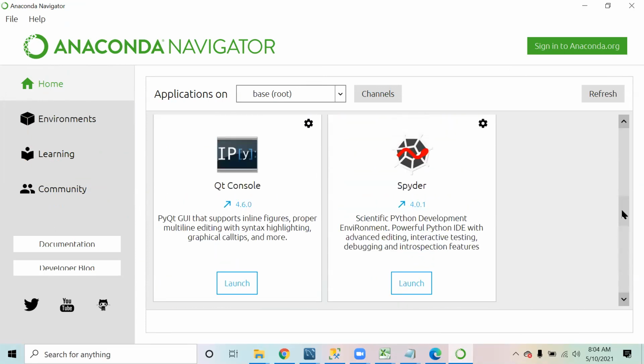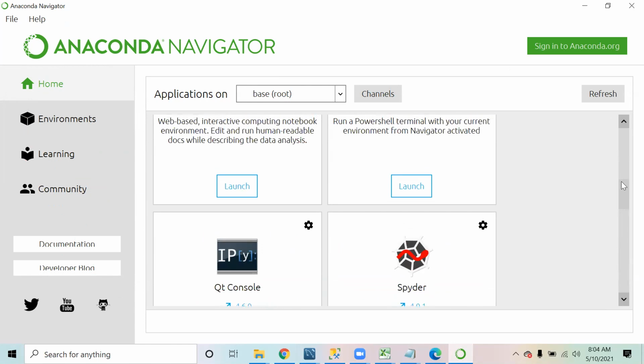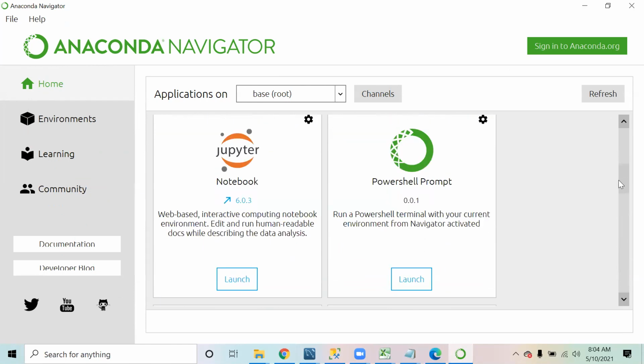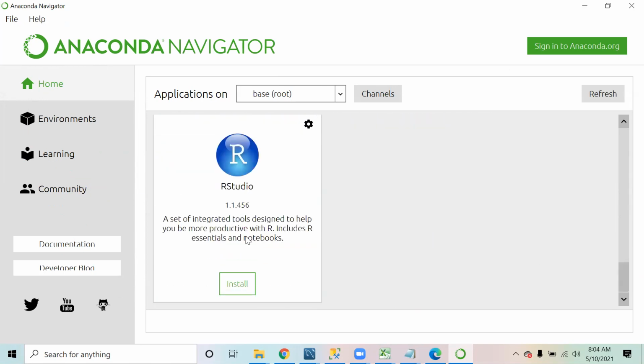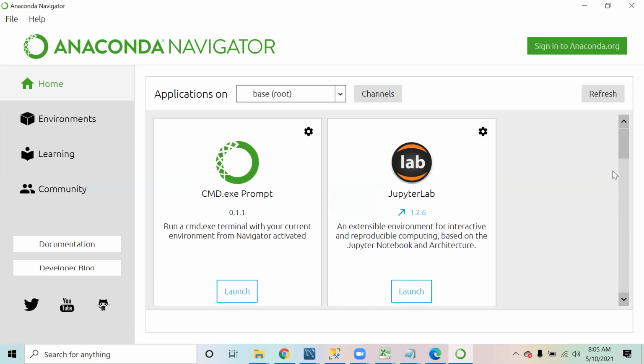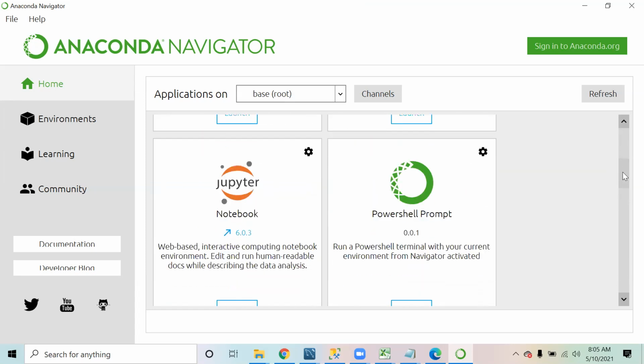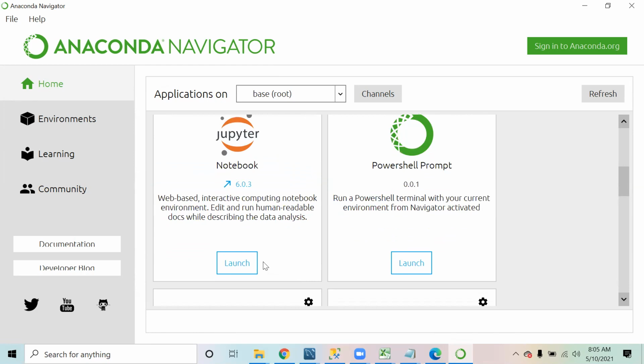These are different applications from where you can launch, and it not only provides the interface for Python, it also provides the interface for R. When we will be learning R, R Studio is the application that we will be using, so it hosts R Studio over here too. So it has all the environments which are available. Since we all are going to use Jupyter, you just click on launch.